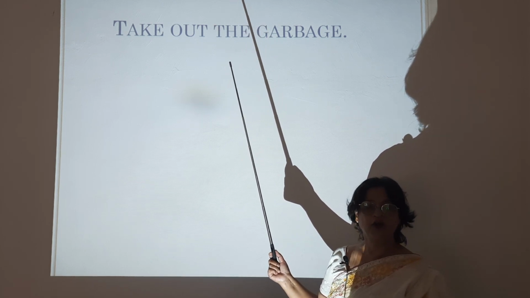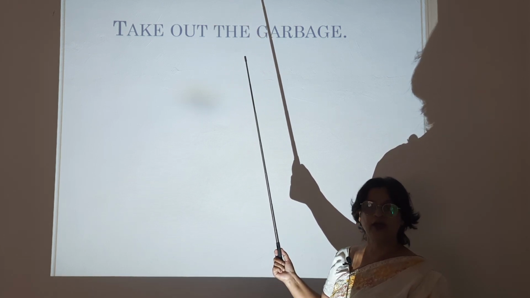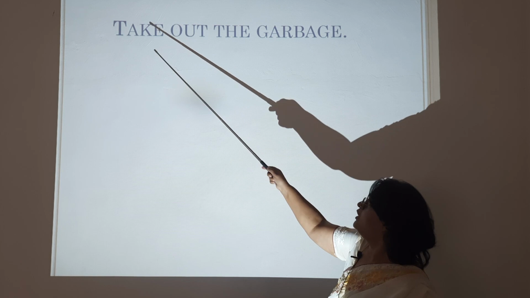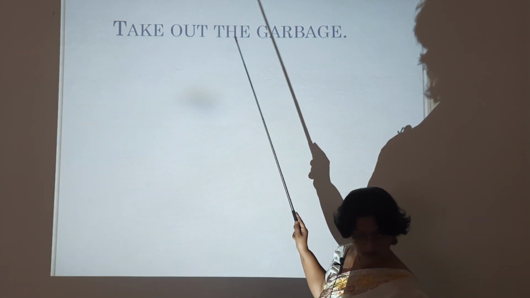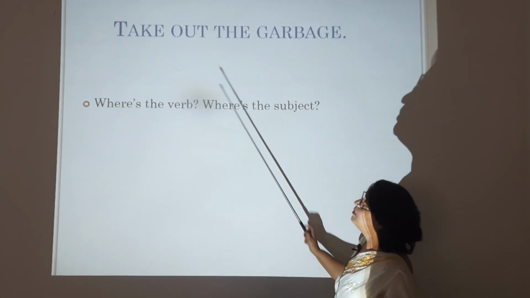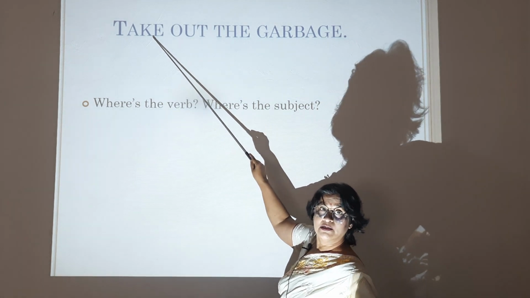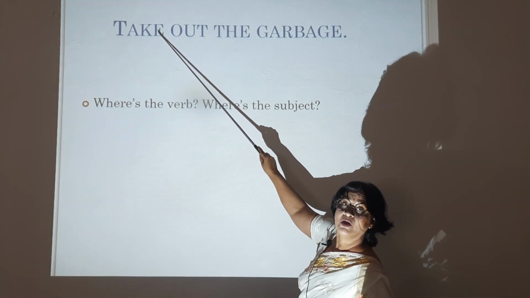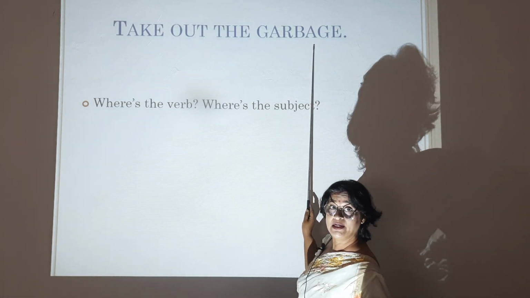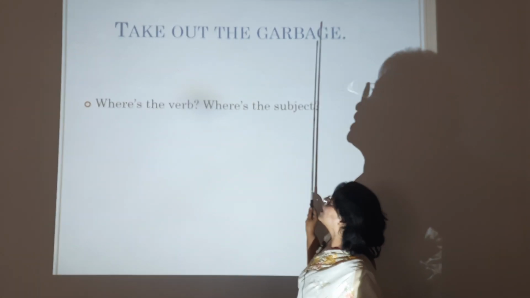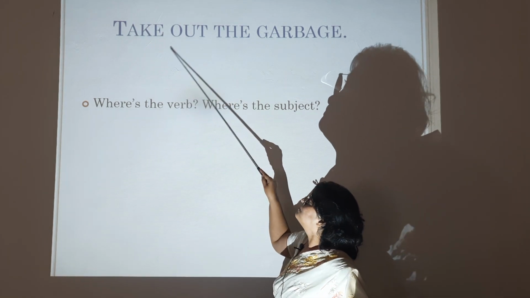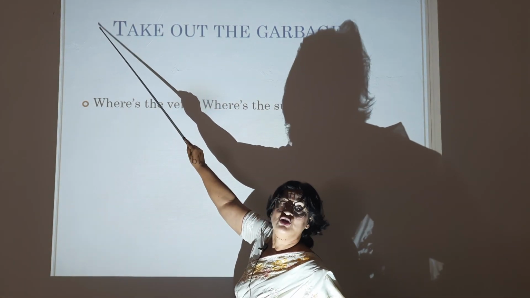What did I say? For a sentence to be complete, you require a subject and a verb. Then, when we know this is the action verb, this is the action word, then where is the subject? Where is the verb? We know take is the verb. Then where is the subject? It's missing. But still the sentence makes complete sense, correct? Take out the garbage. In such kind of sentences, you know that this particular sentence takes you in the hidden